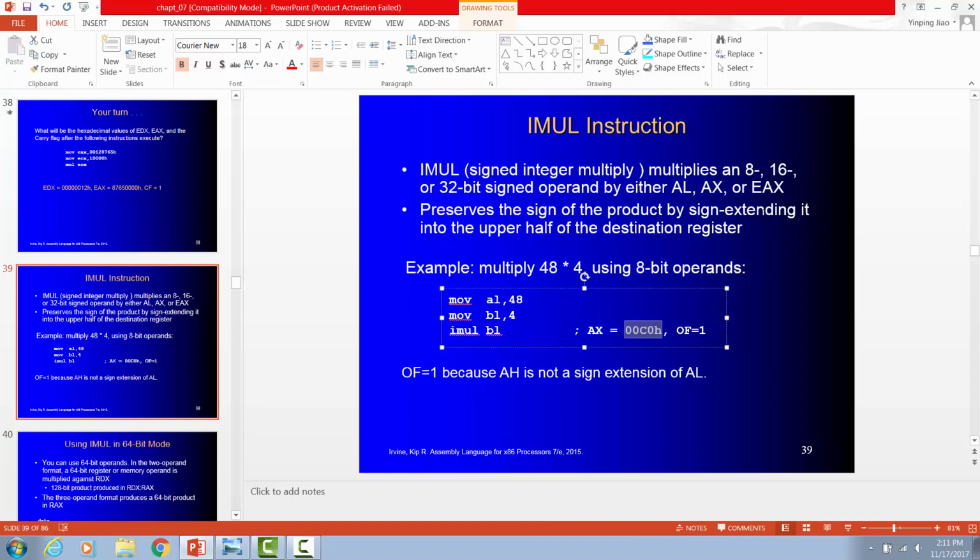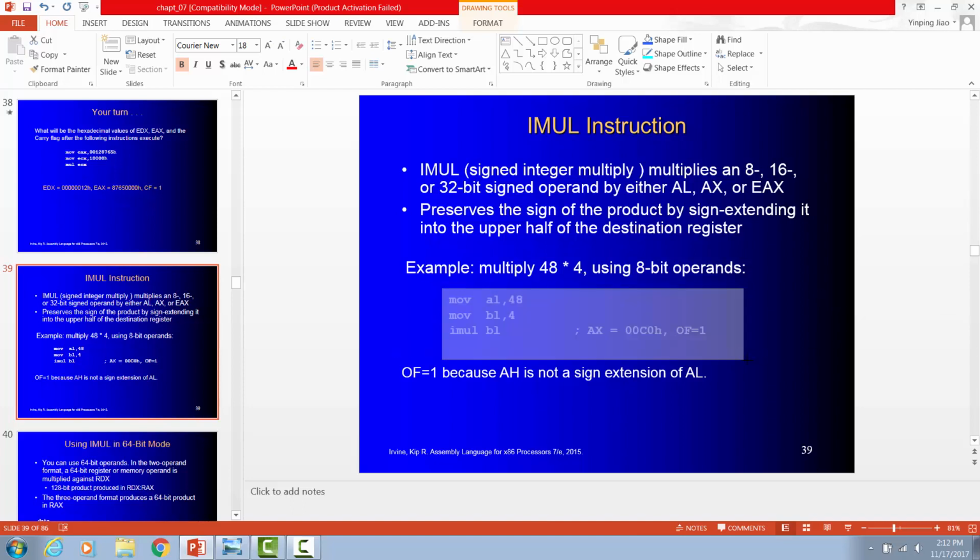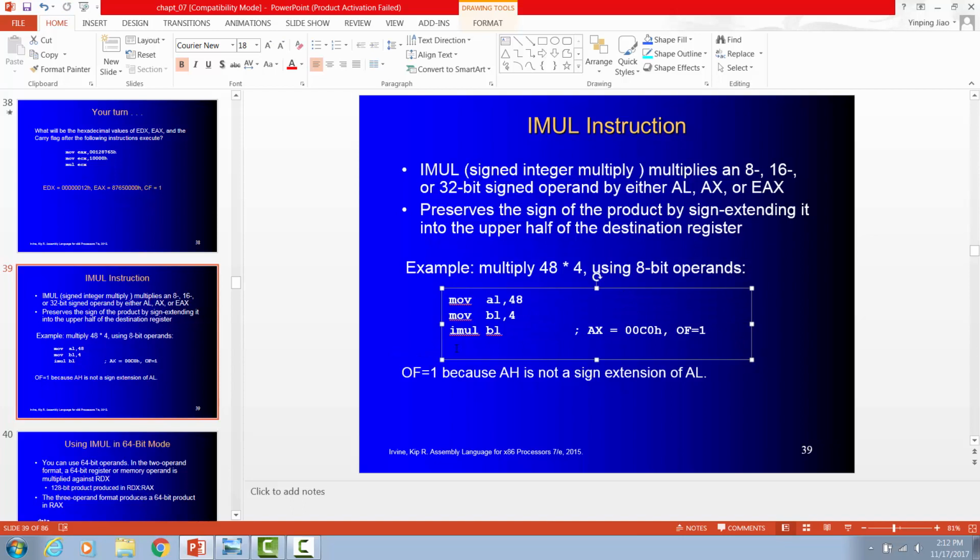OF is 1, and let's see, OF is 1 because AH is not a sign extension of AL. Okay, let's check out the sign over here. Let me make a note over here, comments. AH is